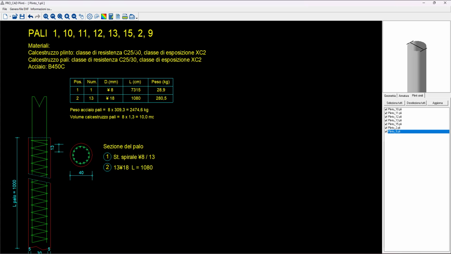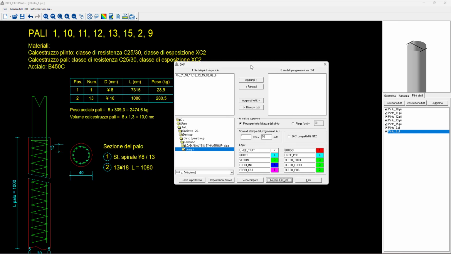So once you do all of this, you can also save and generate the DXF file, so the real drawing. Clicking on this, you get this window.